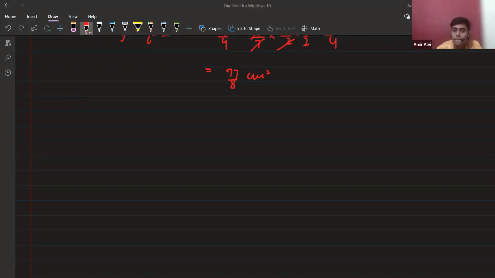Should I do all chapters? I'm almost done. I just have surface area, statistics, and the last portion. Hiba, start revising. Should I do all the chapters and then RD Sharma, or one chapter then RD, then one chapter like that? Hiba, first do one chapter: solve examples plus NCERT exercise, then PYQs. If you have time, 1 or 2 hours, you can go for RD Sharma. If you don't have time, skip to the next chapter: again examples, exercise, PYQs.